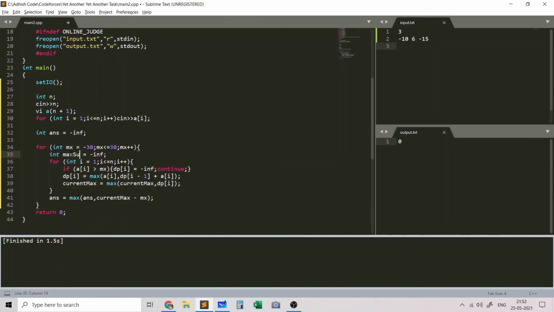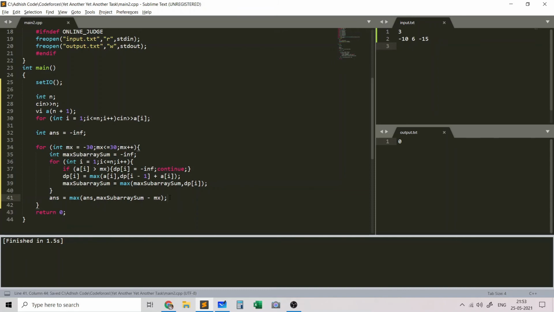So I'll just define the variable name differently. So this is max subarray sum, and the max subarray sum will be recomputed to be the maximum of what it already was and the current dp of i, and the answer will be recomputed to the maximum of itself and the max subarray sum, which does not include the value of mx.